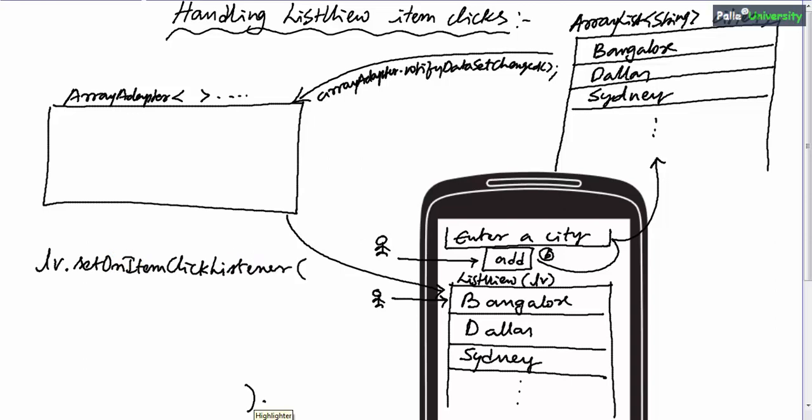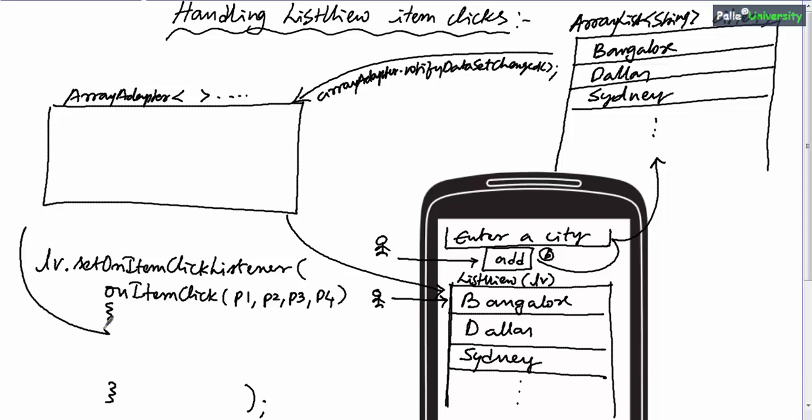So just like you write b.setOnClickListener, in your activity within the onCreate method, we should write listview.setOnItemClickListener, which comes with one method, that is onItemClick. This method has 4 parameters: parameter 1, parameter 2, parameter 3 and parameter 4, which means whenever the user clicks on any item of this list view, automatically the Android operating system will call the onItemClick method of this list view. Now whatever you want to do when the user clicks on the item, you can write that logic here.